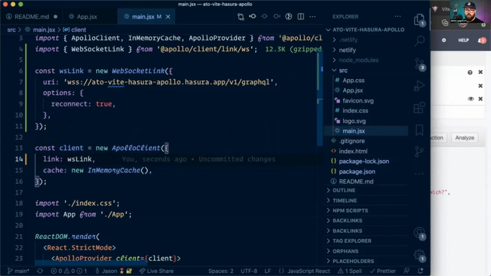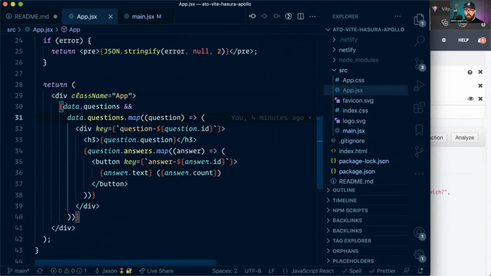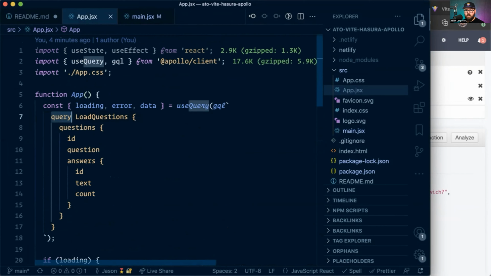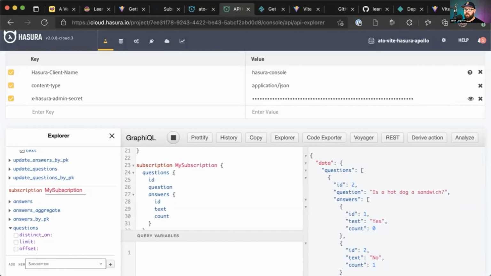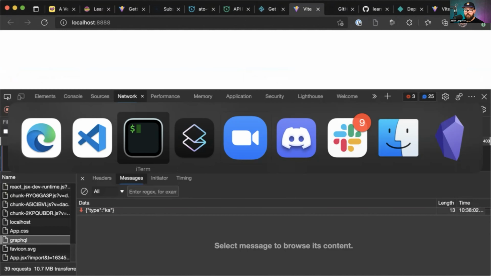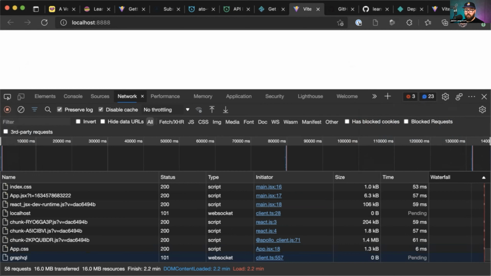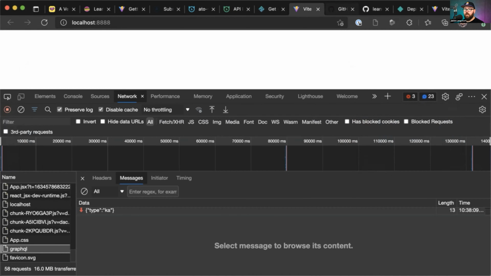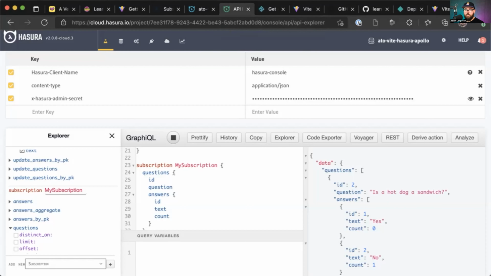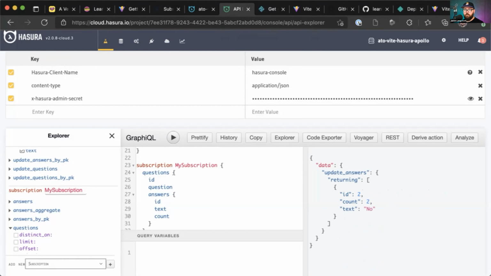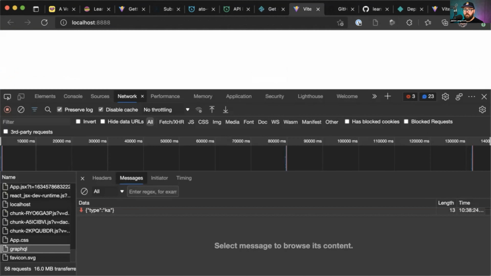So I can go in here to my query, and I can just change this out to be a subscription. Okay, so I'm going to change this out to be a subscription. We're going to go back over here. It's already reloaded. So let's just make sure it's all doing what we expect. Here's our WebSocket. Okay, let's run that mutation one more time. See, it's still running here, but now I can run my mutation. The count is 2. And if we come back out and look, do we see